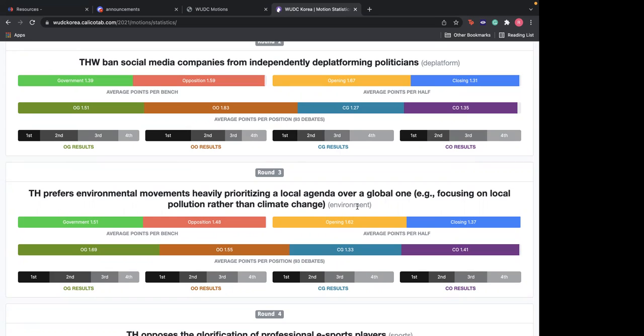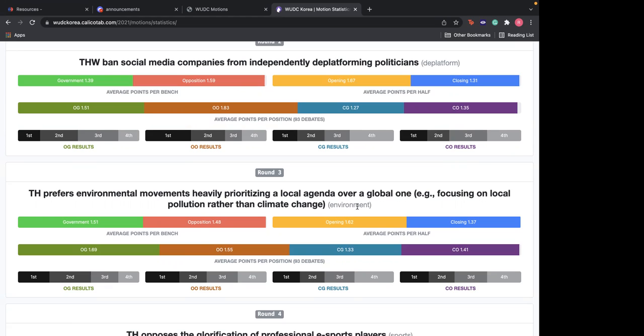A global agenda, alternatively, is you focusing on a worldwide level. So for example, countries should not dump so much poisonous stuff into the ocean, or they should not have so many landfills which are wasting land. Or for example, big corporates and factories should have a carbon tax, meaning a limit on how much CO2 they can produce every year.